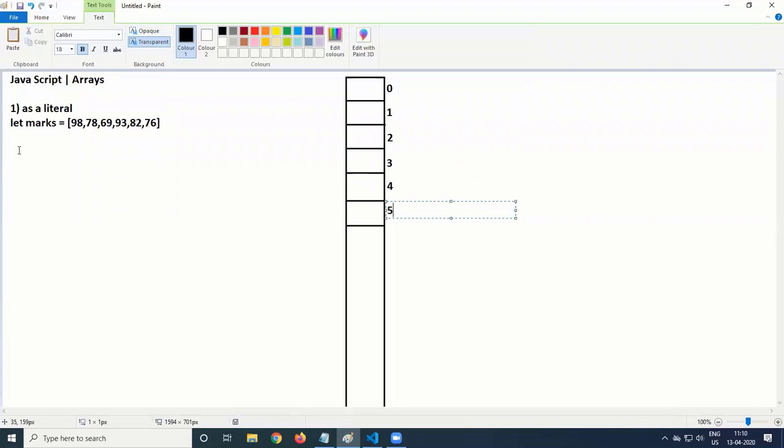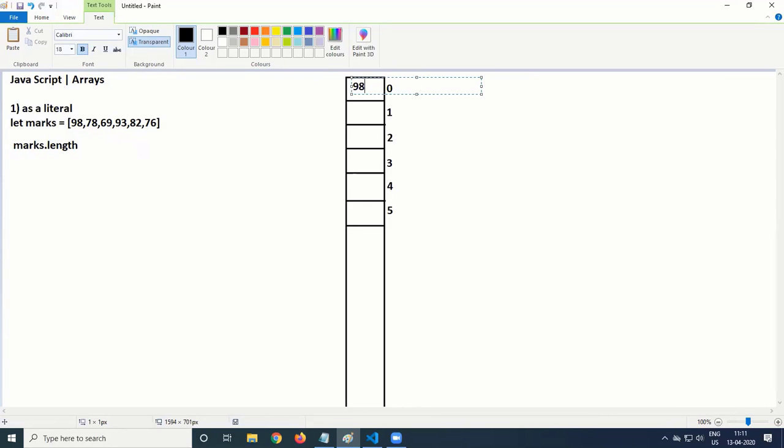Every array has a property called length. So marks.length. Length is a property that can be used with any type of array to get the size of the array. My requirement is to store the marks of 6 subjects of a student. The basic concept is each variable you need to declare to identify each subject mark, that means 6 variables. But now, by using one variable, we are able to identify multiple values. Each data is stored in a particular index, starting from 0.